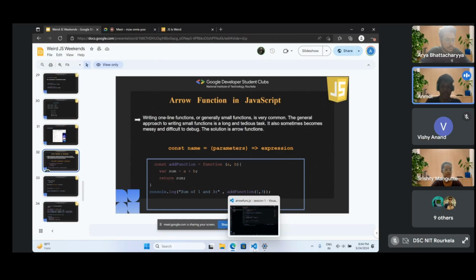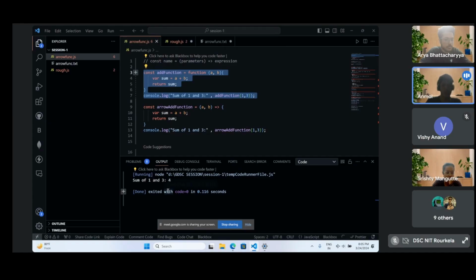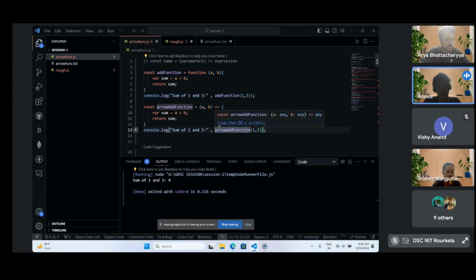So let's check how it's working. This one is the regular function. So let's check it. Sum of 1 and 3 we are getting 4. Now we are transitioning to arrow function. So what are the changes we are expecting? What we did is that we first defined a variable, arrow add function.